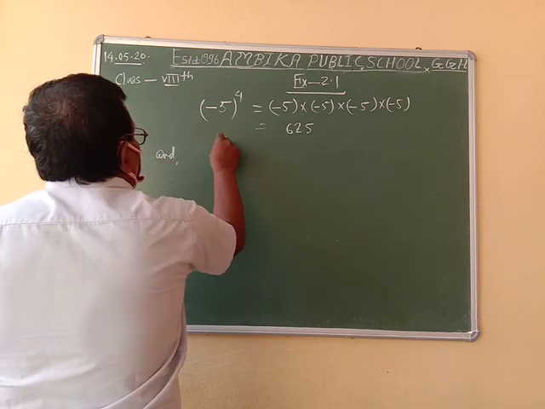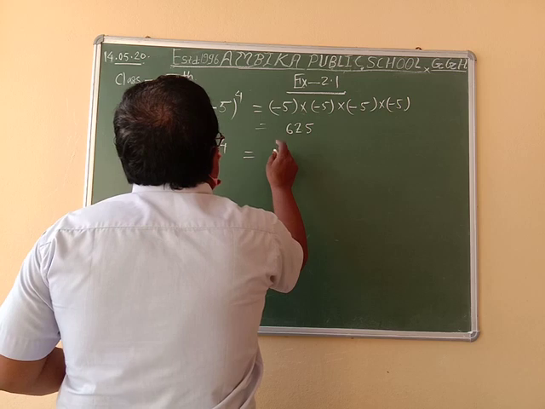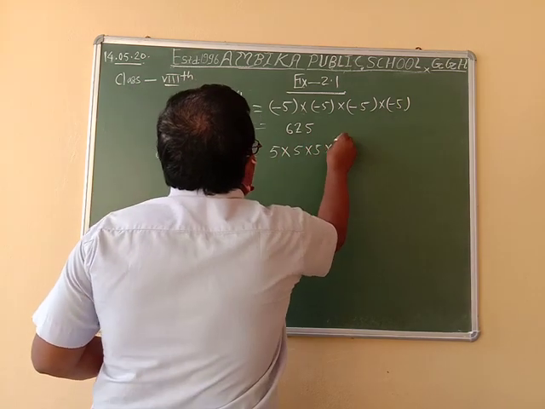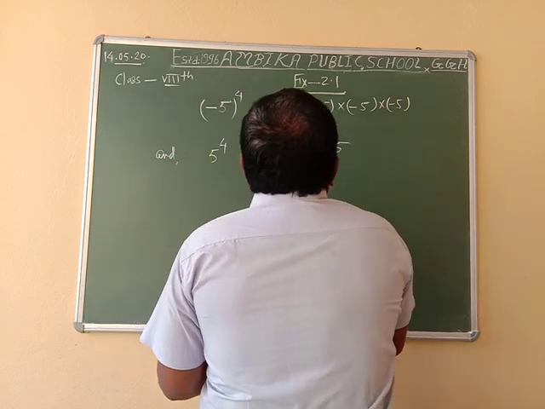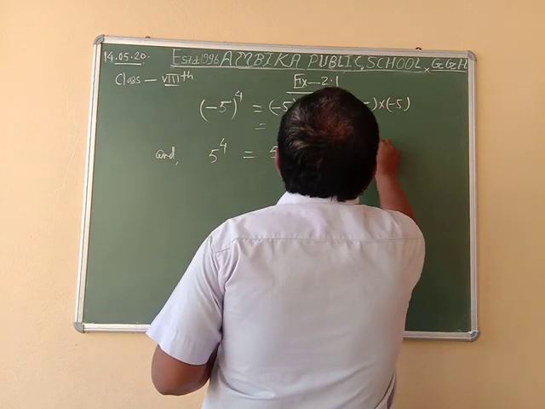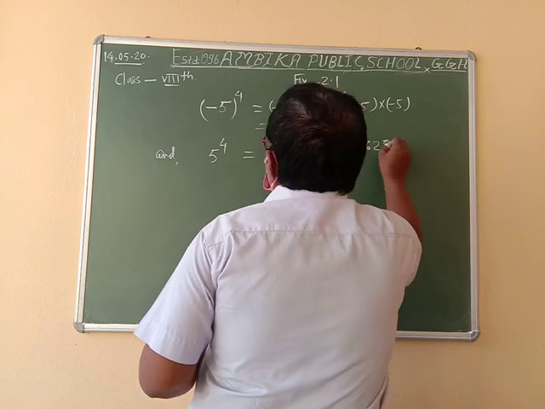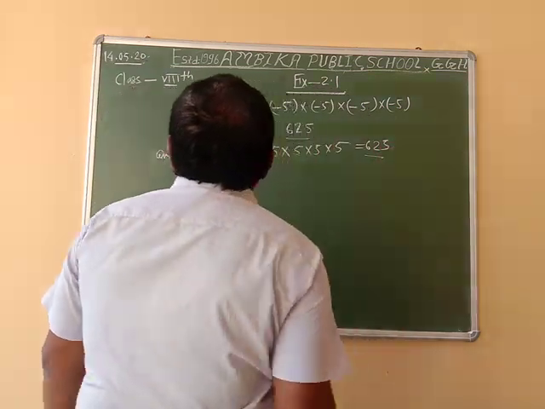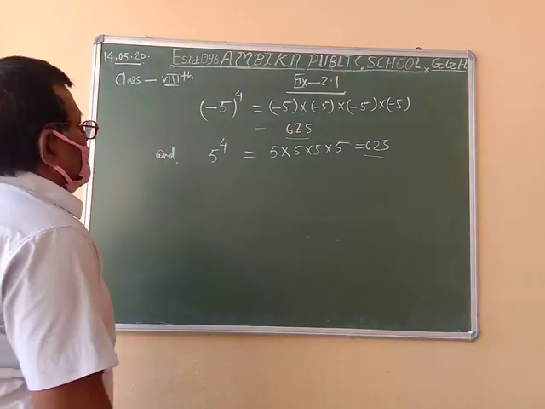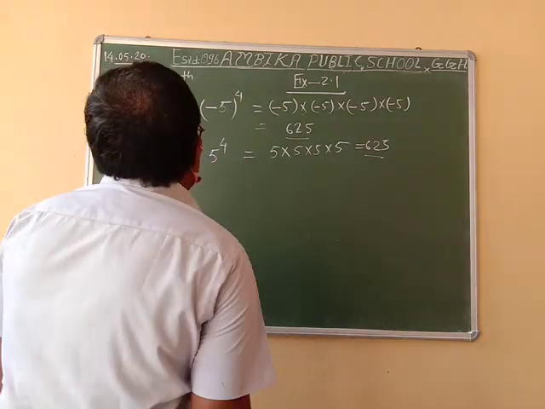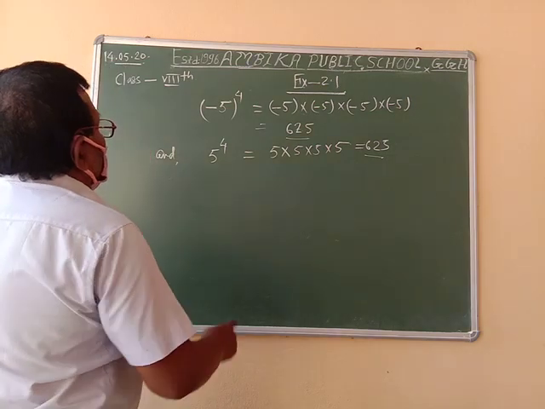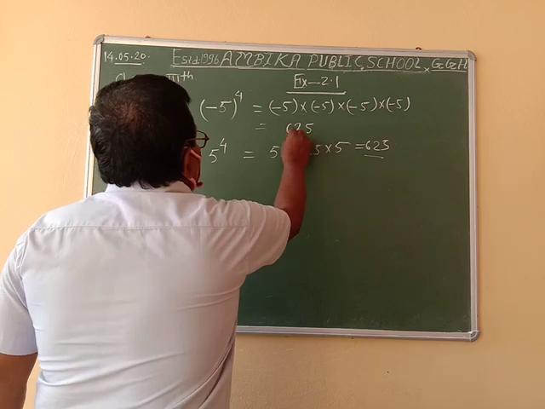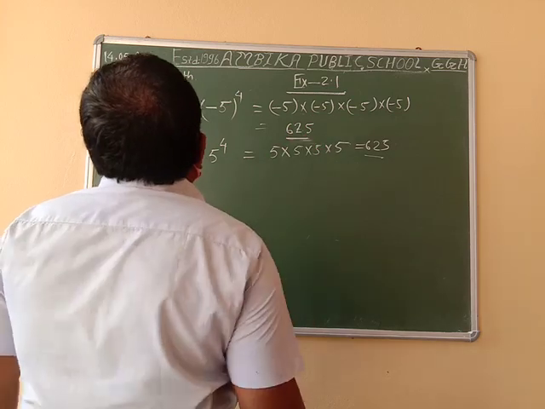5 to the power 4 is equal to 5 into 5 into 5 into 5, which is equal to 625. The value of minus 5 to the power 4 and 5 to the power 4 will be the same, but both are different, because if